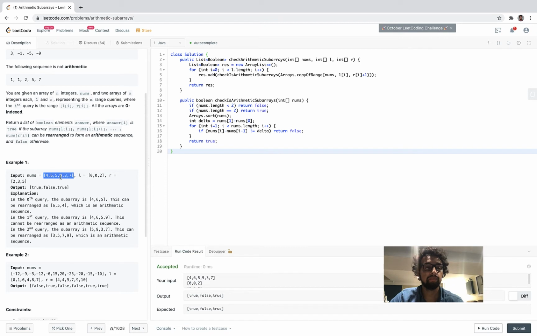Now what we need to do is for each of these subarrays that these queries produce, we need to check if the numbers can be rearranged in a certain order such that